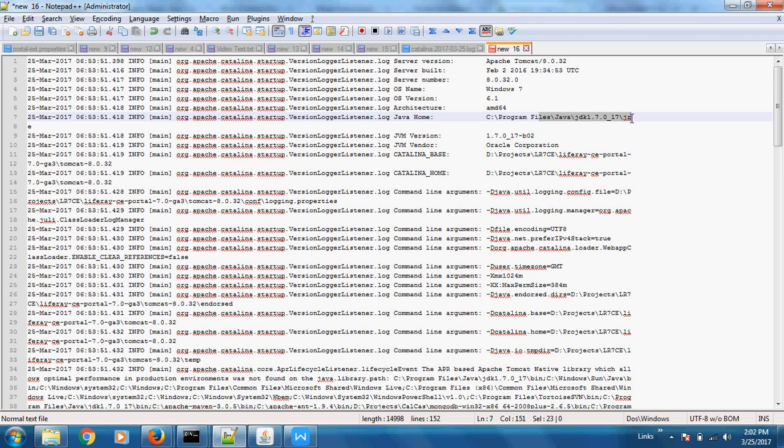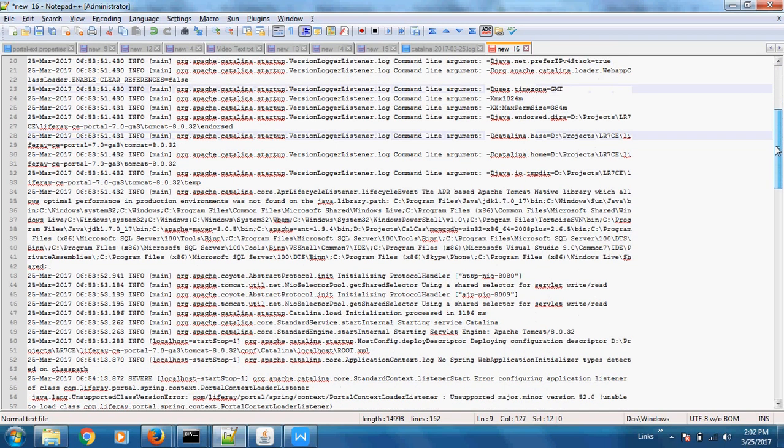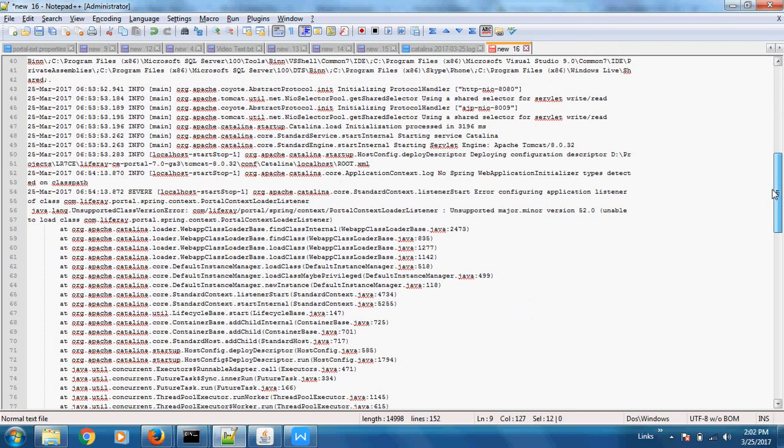It is taking the Java from the JAVA_HOME environment variable that is created in your environment variables. As you can see, I had 1.7, because of which, when I started Liferay, it gave me an error: unsupported major minor version 52.